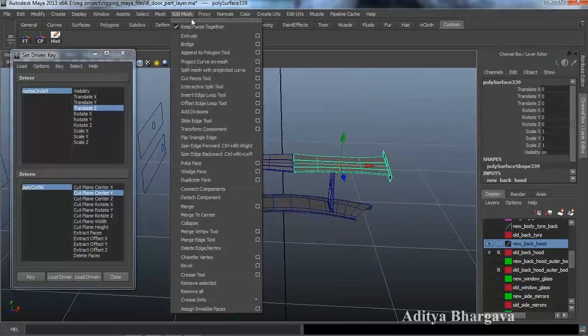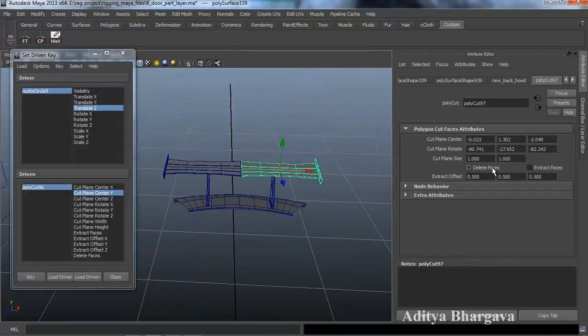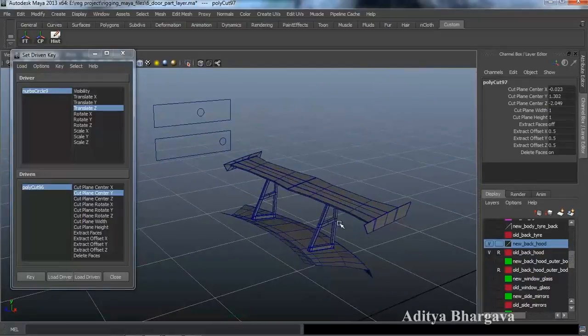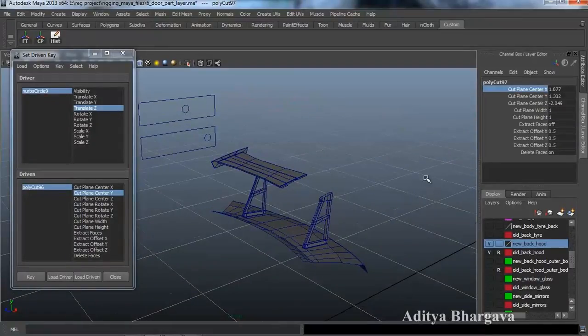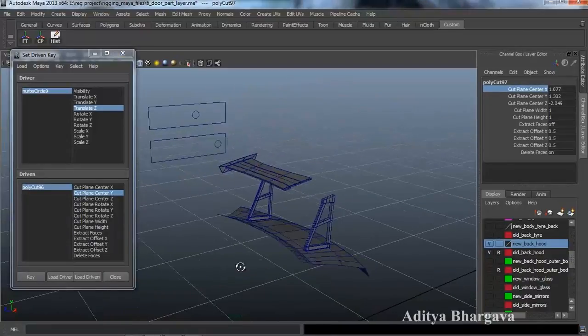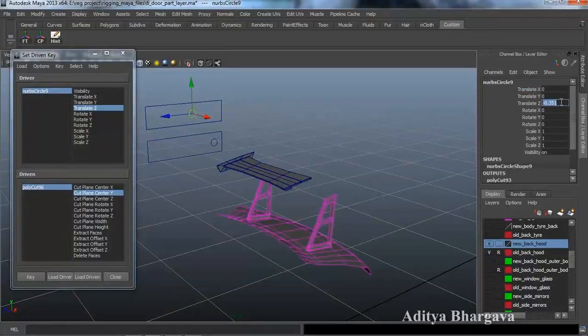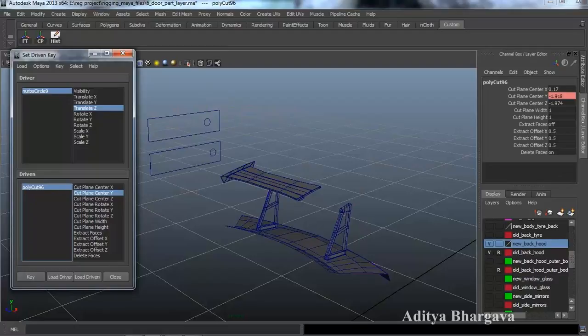So we'll select this part, go to edit mesh, cut faces tool, and add a cut faces tool over here. Press W, press Ctrl A, delete faces, select, press Ctrl A, and then we'll make it invisible right now. So for that we'll go to the X axis, make it invisible like this, and add a key, and we'll copy this position, Ctrl C. Then we'll move the controller back to this much position, and then we'll make the part come into, sorry,